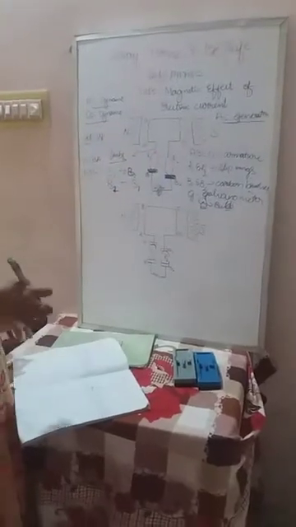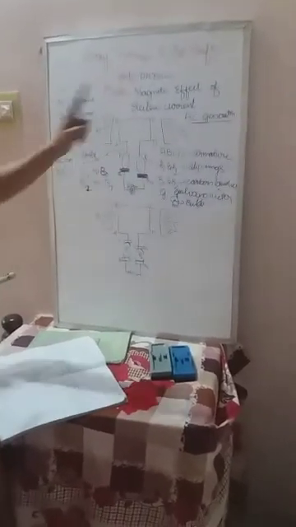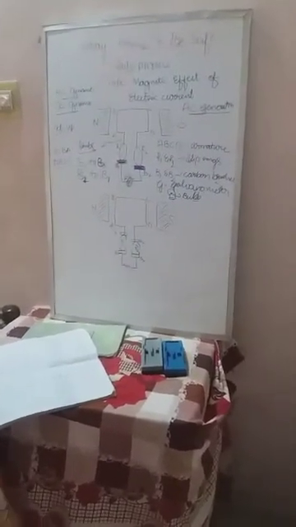So in the AC generator, the current changes its direction from B1 to B2 and B2 to B1 for every half of the rotation. That's why this current is called the AC current, and it produces the AC current. AC current, in the sense, yesterday I told you, is the current which changes its direction alternatingly at an interval of time, and that is called alternating.